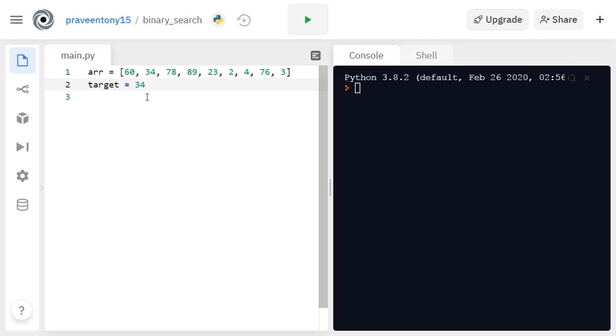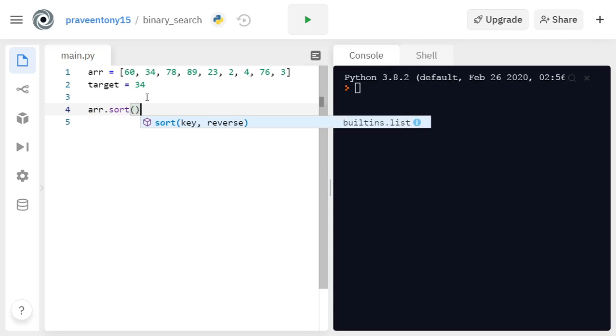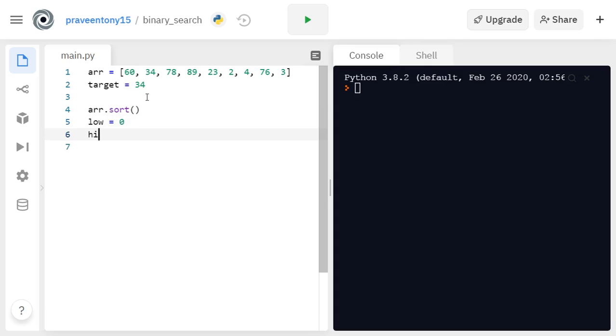So let's see that. The first step, as I said, is to sort the array. array.sort will sort the array because it's a Python list, so we can do that. And we have three pointers: low, which is set to index 0, and high, which is set to the last element of the list.